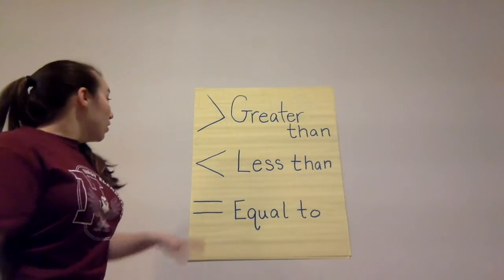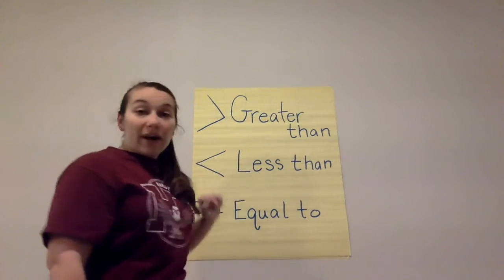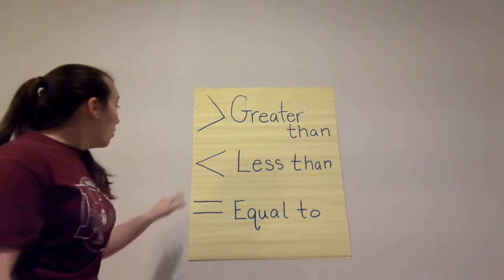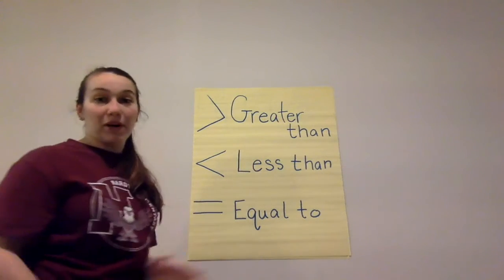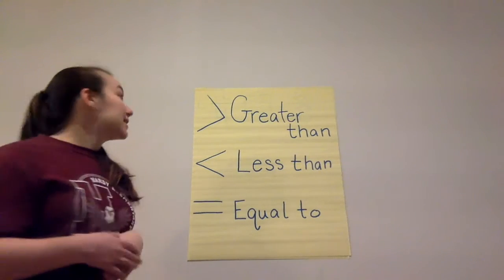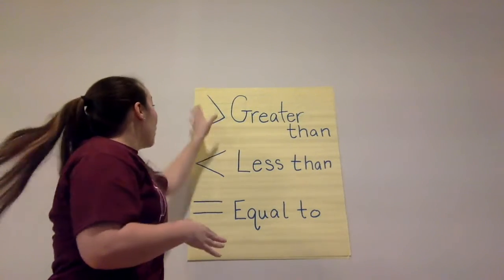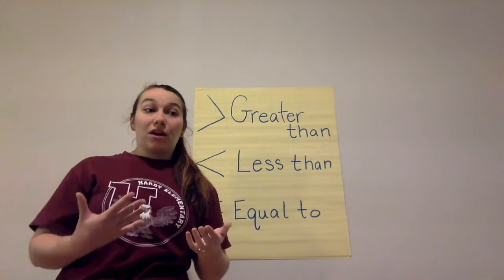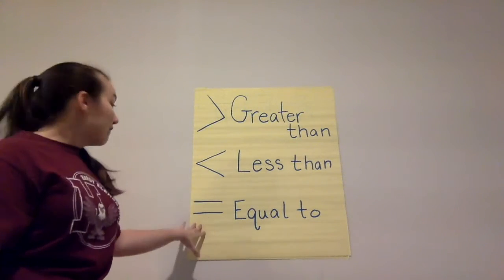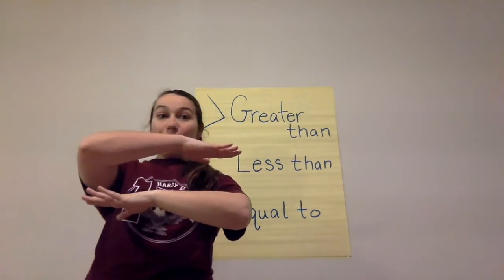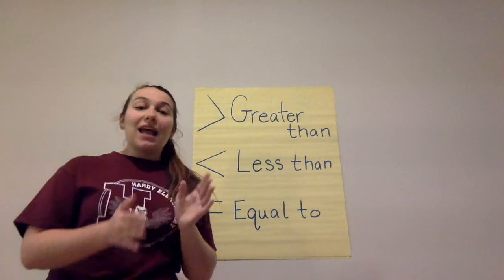Okay? Our next one is our less than sign. The alligator mouth is still going to be pointing towards the bigger number. So we have this number is less than this number. So the important thing to remember is that our mouth is always going to want to eat the bigger meal, okay? So the opening is going to be facing the bigger number, all right? So greater than, less than, and then finally we have equal to. So it's just our normal equal sign, all right? So these are going to be the three signs we're going to be using today,